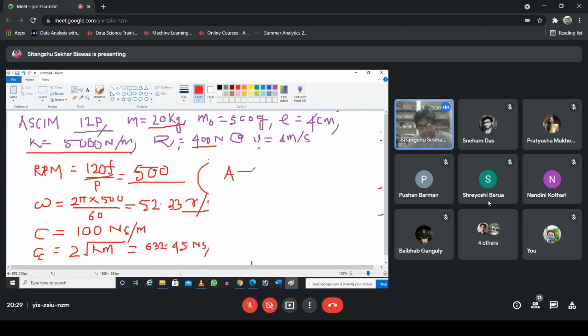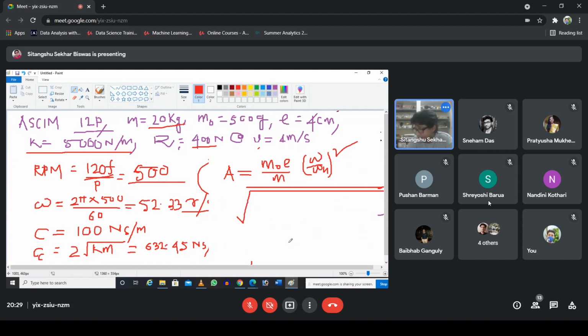Already we established A, that is M0E divided by M into omega by omega n whole square, divided by